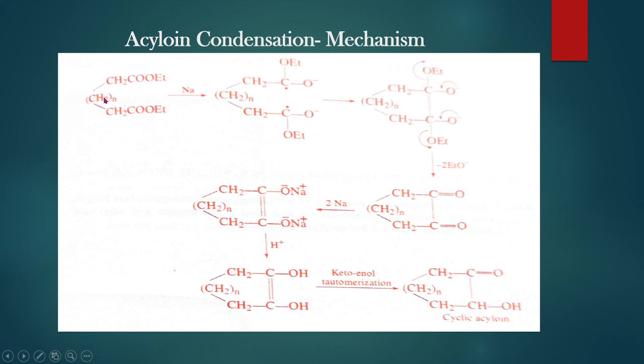That means if the ring contains n times, that is, this is the procedure, that is CH2 n times CH2COOEt, CH2COOEt. This will undergo, sodium will release its electron and it will form a radical intermediate, or a dianion will be formed, and this will undergo cyclization. Cyclization means here we can see this is unstable and this will be shifted like this, and EtO minus will be eliminated. Similarly from here also 2 EtO minus will be eliminated, and the formed structure is like this.